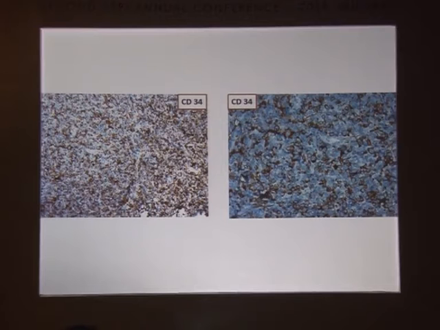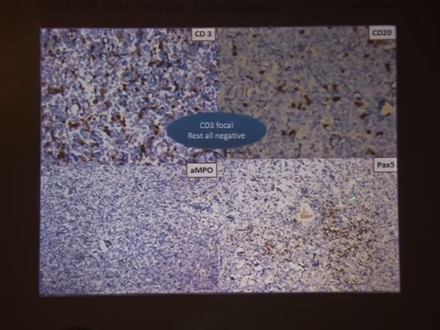So T marker negative, B marker negative, myeloid negative. For B we did 2 markers, PAX5 also we did, because many times blastic B cell lymphomas can be CD20 negative. So you have to do PAX5. But all T cell lymphomas will be CD3 positive. Almost all, I won't say all, almost all. So this is negative, these 2 are negative, so it is not B, it is not T.